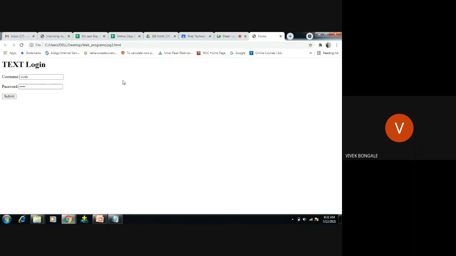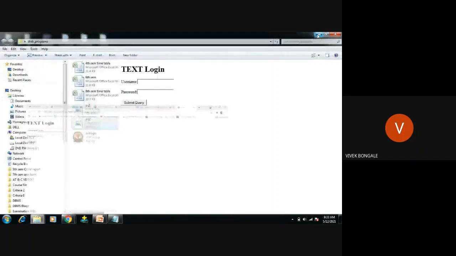So what the server will do is take this data and execute it, and either display it to the user or store that content in the database. Store that content in the database. That part we'll see later. Later we'll see those things, how to write a server side program. First we'll learn how to create the front end application, the front pages. This is what a form is. This is what a simple form is.